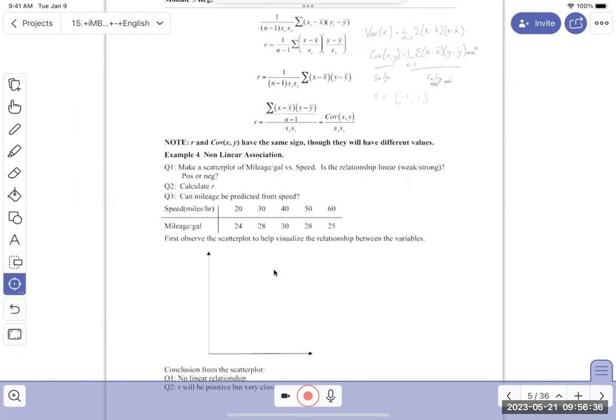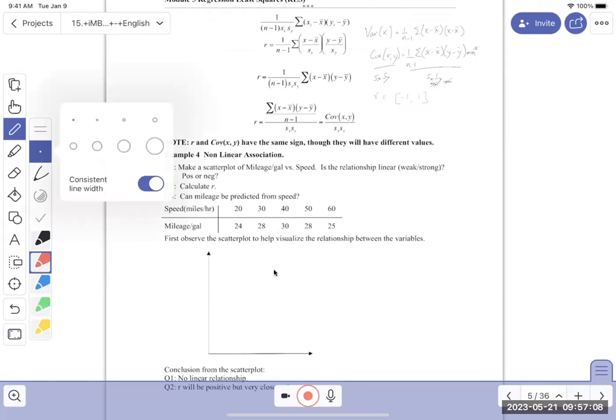In this exercise, I just plot this data that shows that the faster you go, the more fuel you burn than if you just drive around 40 miles an hour. This is going to get you the best miles per gallon. Don't drive too slow because you waste fuel. Don't drive too fast. So if you plot this,